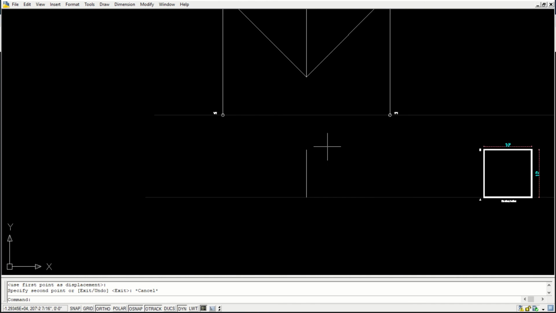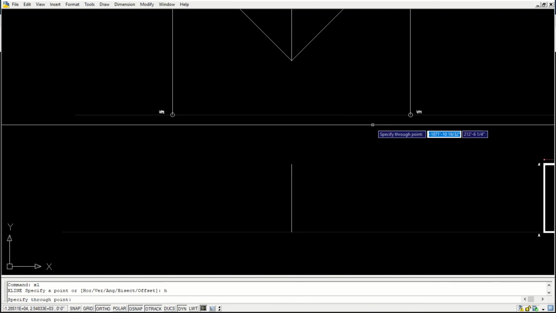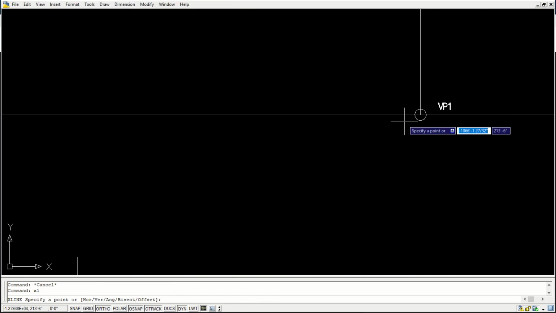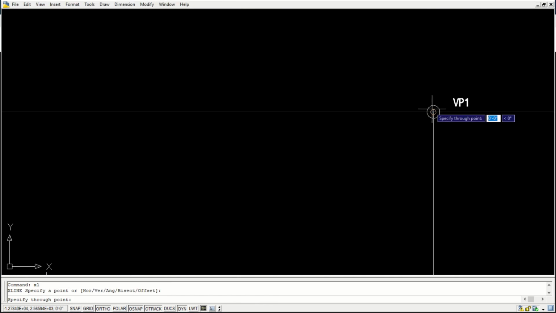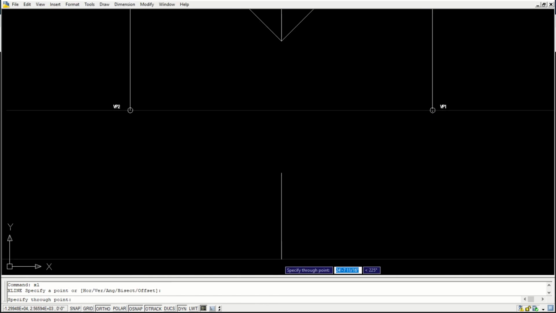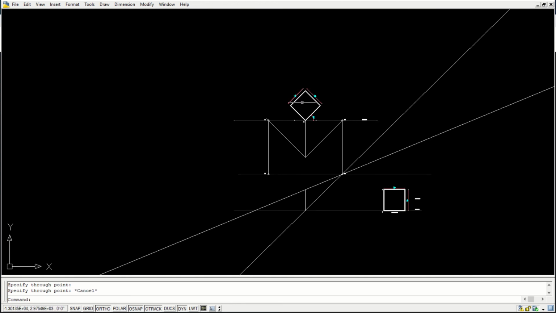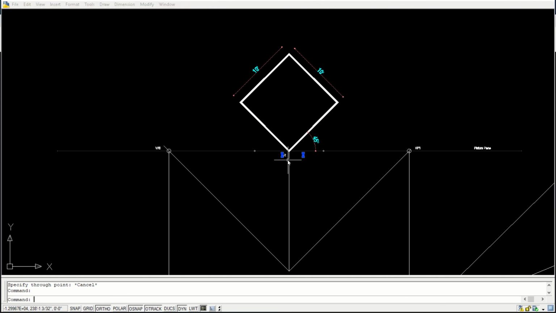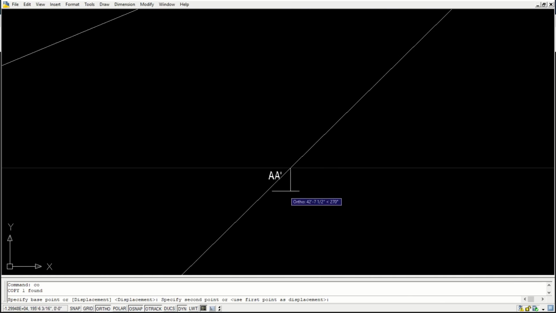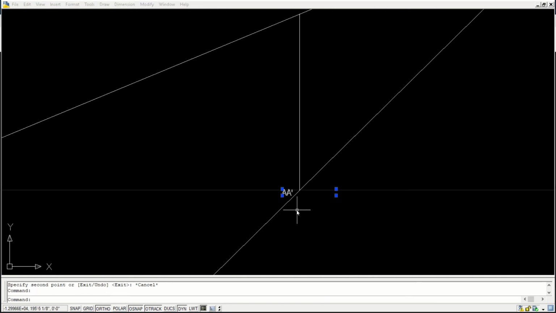Okay, now same tricks. After this, what we need to do is project vanishing lines touching these two faces. Okay, now this is fine. This face is this A dash. So let me write that also so that you are able to follow.